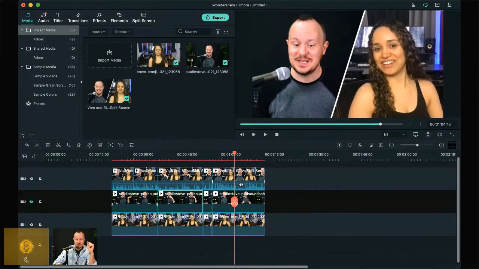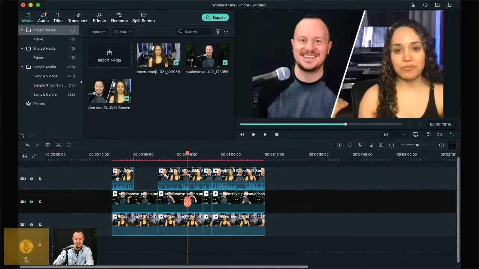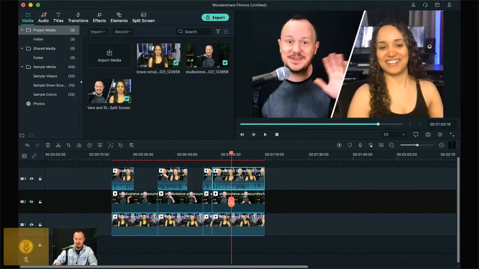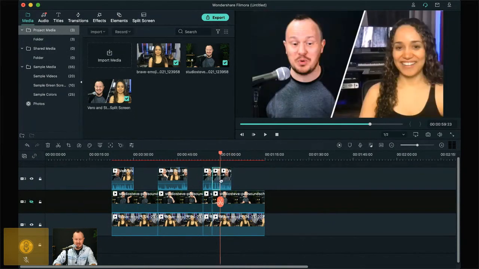And anyway, so now that we do that, we go back and again delete some of this top layer here, which is our split screen. And we do that by having it highlighted and pressing S. And then we come over here, we have this highlighted, press S. And now let's go here too and press S.